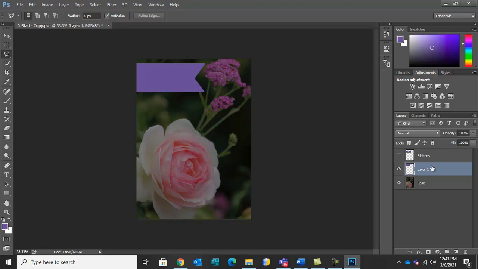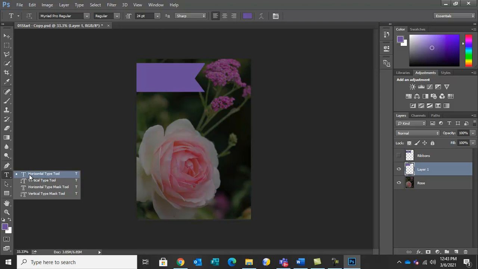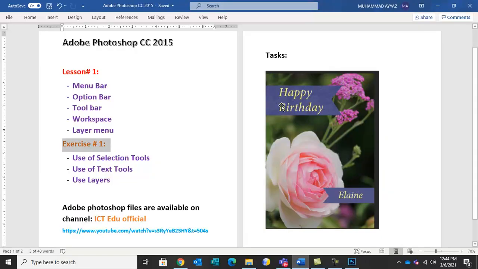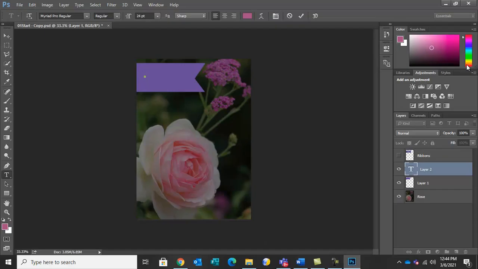Now text tool, see here we have 3 layers. Click on text tool, horizontal type tool. When you click here, see layer 2 is automatically created with the T. So it means it is a text layer. Whatever you type, it will come on that layer, and after you can delete it also, you can modify it also, you can move it also. Okay, so type it here. First change the color. For example, you want this color, or as per the assignment we want this color. Okay, so go here.